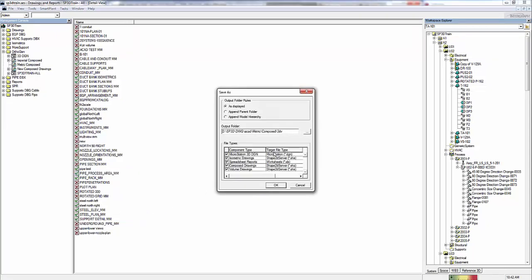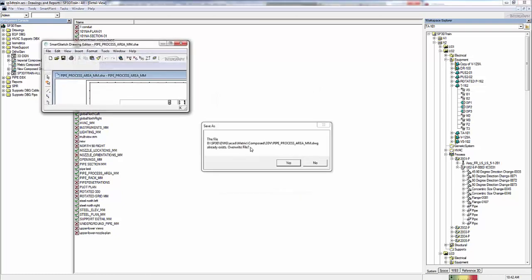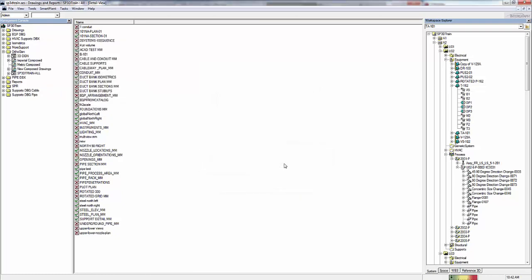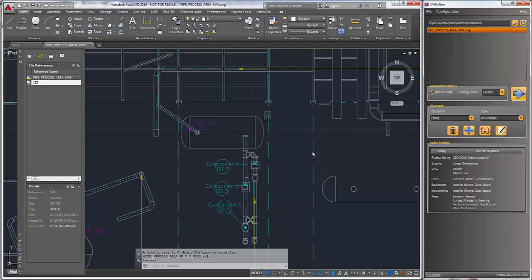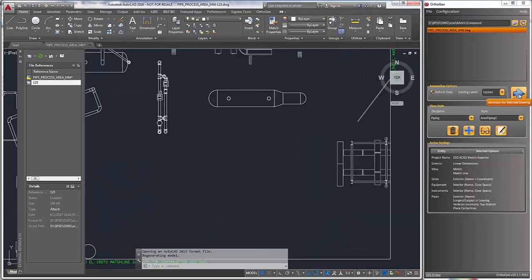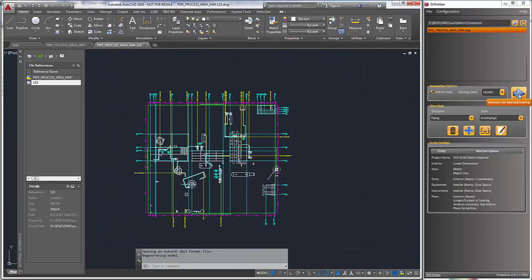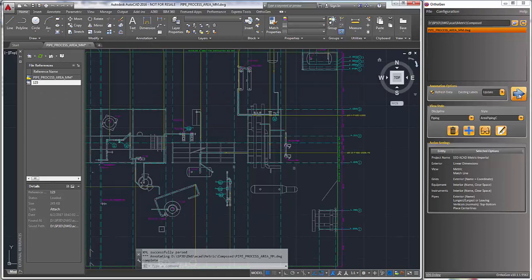When we run the Orthogen update, the edges graphics from the previous update are removed, and the new edges that we just saved are copied into the new file. As you can see, the new edges graphics has been updated to reflect model conditions, and Orthogen has re-annotated and redimensioned the view while preserving previous edits and embellishments.